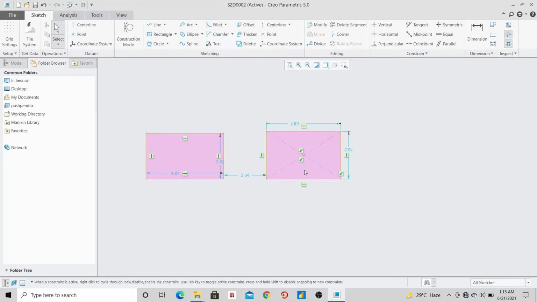Suppose you have to design a rectangle and with the help of that rectangle you need to draw another entity that should be in the center of this rectangle. So we have to go with center rectangle, because in corner rectangle we don't have any center point. We have to define it manually by drawing the center line, and in center rectangle it's already given. So we can draw another entity with the help of the center point. So this is the benefit of center rectangle.